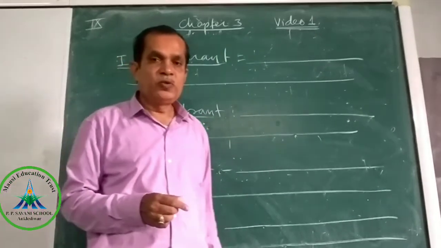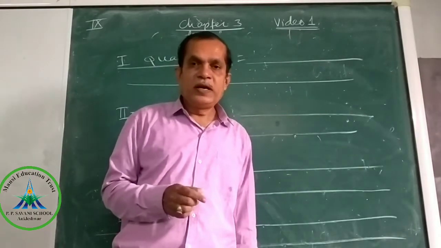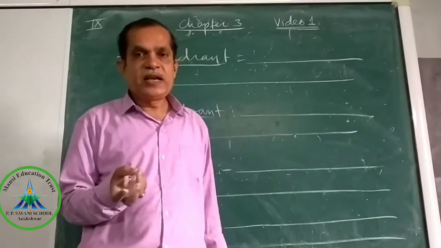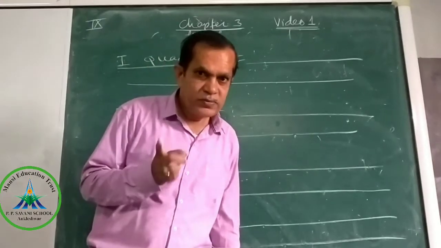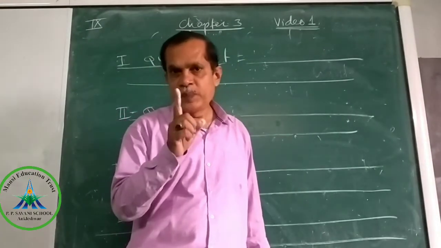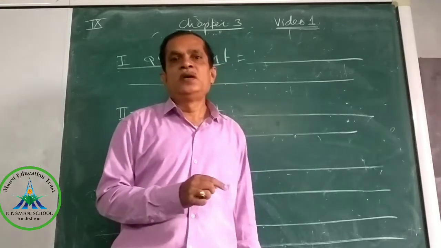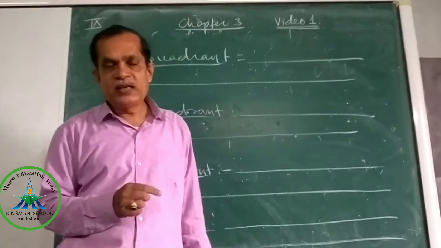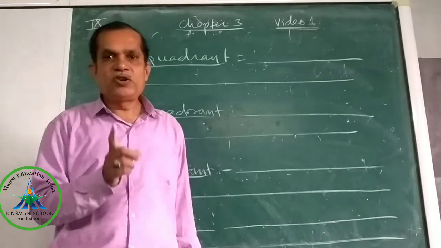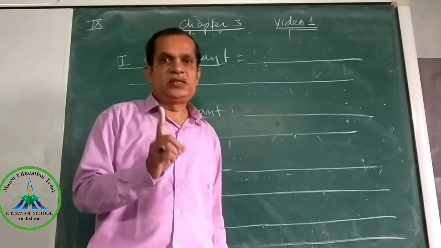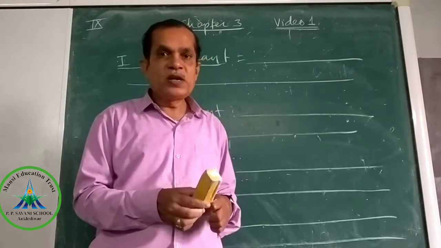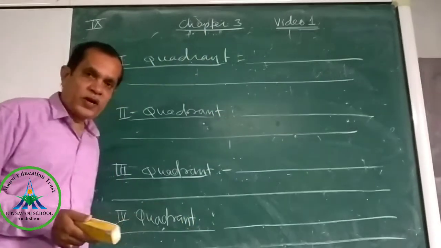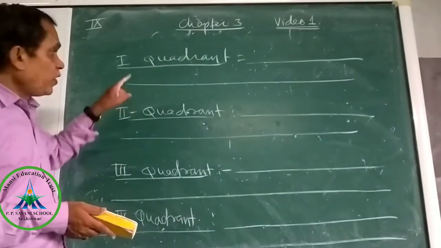So how to say, students, look here? X coordinate. What is x coordinate? What does it indicate? X coordinate indicates distance of object or point from y-axis, and y coordinate indicates distance of object or point from x-axis. You remember? Yes. So see students, you will write about this much. Okay. Again you will define what is quadrant.